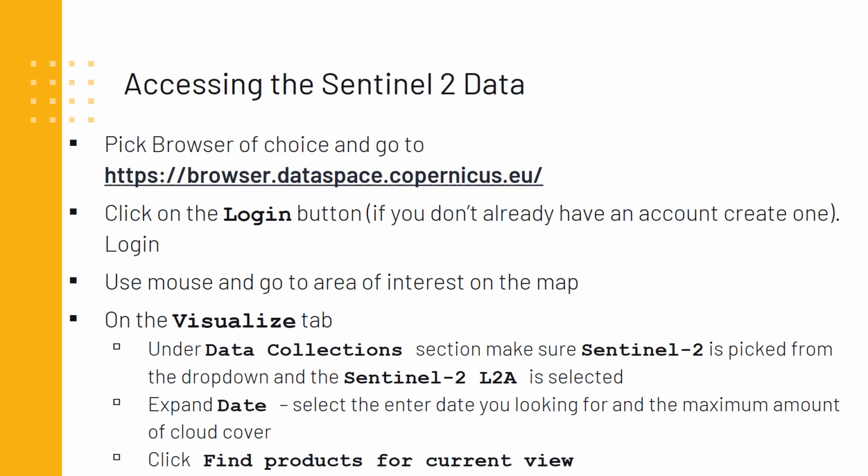Then use your mouse and go to the area of interest in the map. Make sure you're on the Visualize tab. Under the Data Collections section, make sure that Sentinel-2 is picked from the drop-down and that Sentinel-2 L2A is also selected. Remember, L2A stands for Level 2A, meaning that it is bottom of atmosphere, so it has been atmospherically corrected and has coordinates,